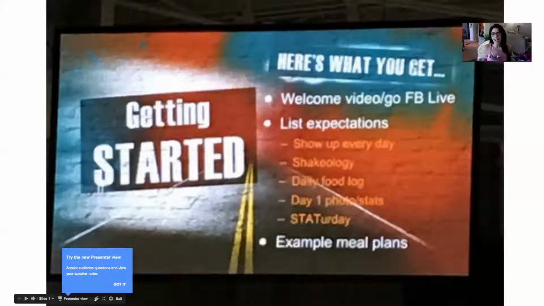But as a busy working mom, and most of us are full-time workers, and we're busy, and we have family, and we have husbands, and all this other stuff going on in our lives, 2 whole days just to make meal plans, guys, that's a little long. So go on Pinterest, find meal plans, you know what I mean? Post in the file section or make a photo album and post, okay, these are example meal plans for plan A. These are example meal plans for plan B, plan C, plan D, etc.